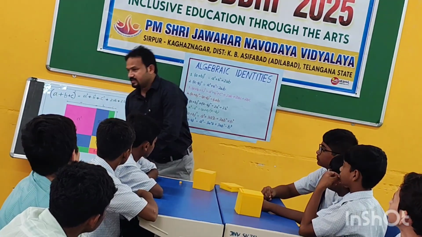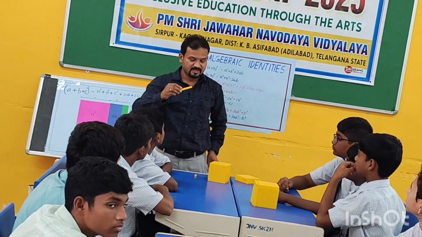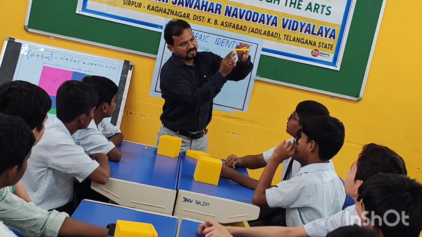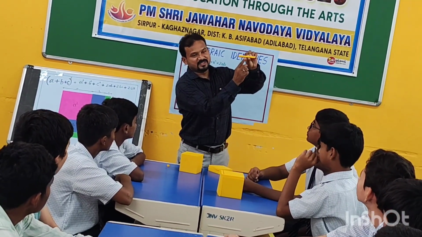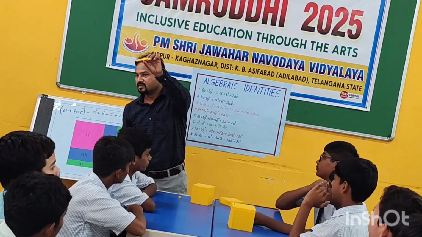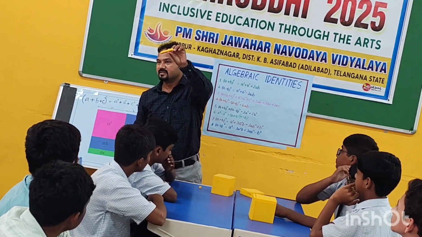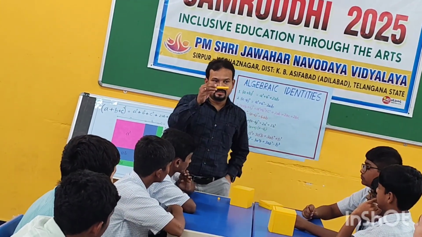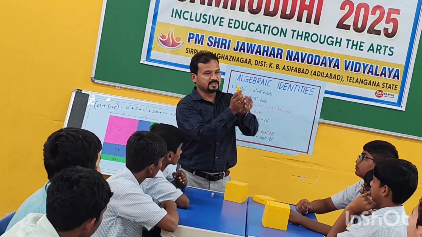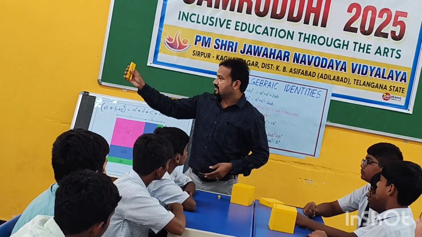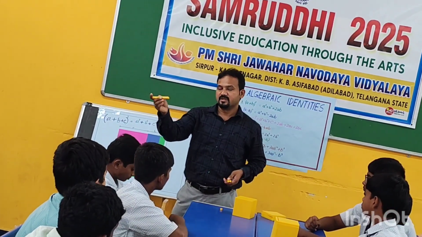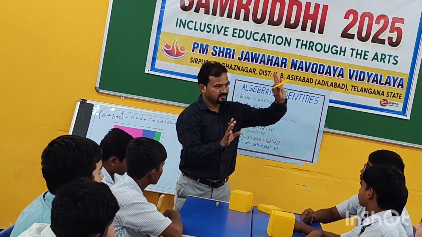Now this one we will see, one part. So what is its length? Breadth? B. Height? B. So what is its volume? 3 AB square. So like this we are taking 3: this is 1 time, 2 times, 3 times. Only 1 means it is AB square. 3 means 3AB square.